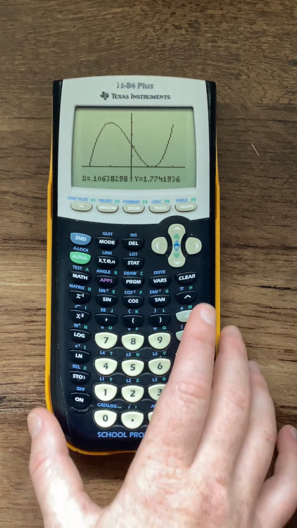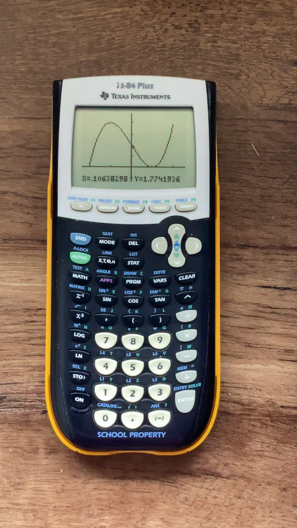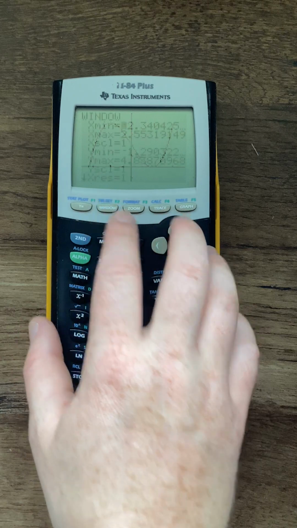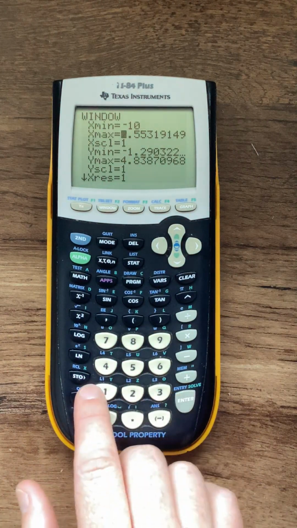Super cool. Okay, so once you have this, you have your function input, you've adjusted your window so that you can see things. This is when you get into finding your maximums and minimums and finding your zeros. So I'm actually going to input a function that is useful to us because it's going to let us find maximums and minimums and zeros and practice all of that we just did all together again. Okay, so let's start. Clear, window, we'll just go back to -10, +10,